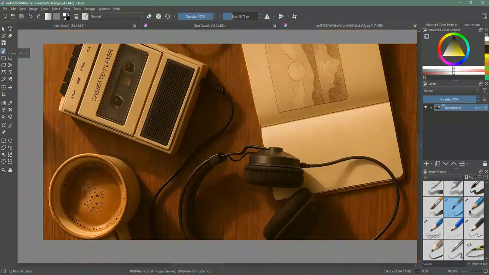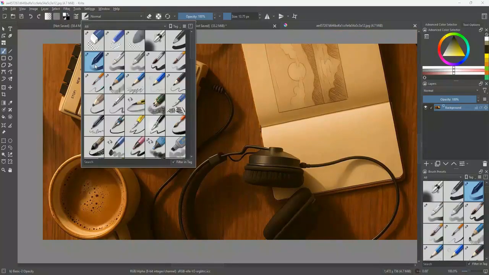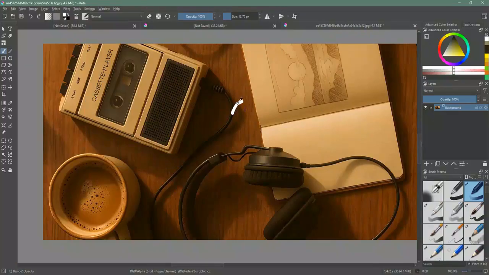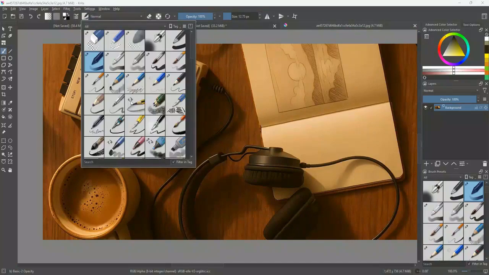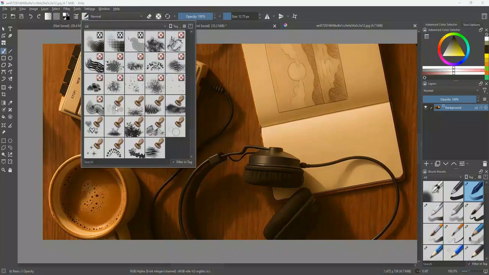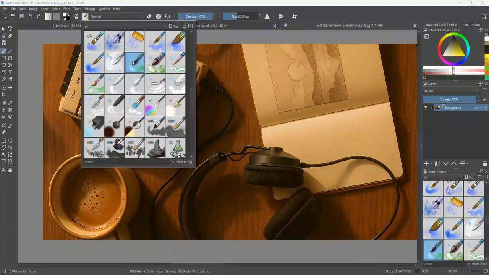You can adjust the size of the brush by going to the top toolbar where it shows the brush size. You can enter a specific number or use the slider to adjust it to your liking. Next, move to the toolbar on the right side of the screen to find the brush presets. Here, you can select different types of blurs, like Gaussian or fast blur, depending on the effect you want to